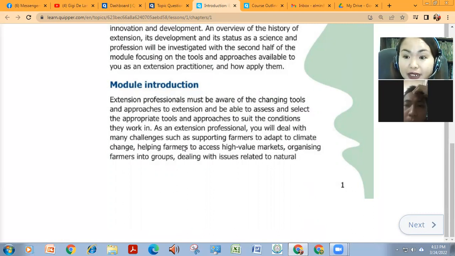Like kay Sir JP na siya sa agriculture, Department of Agriculture nag-work, but ang most sa iyahang work talaga is extension services kasi muadto siya sa mga farmers and so on, no? So extensions education is really very important, not only in the agricultural technician field but also wherever ka